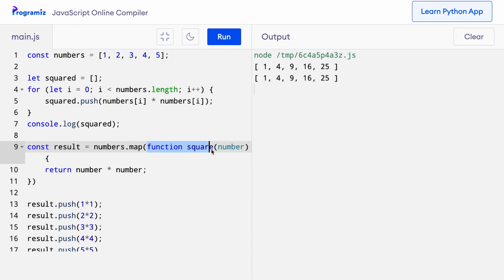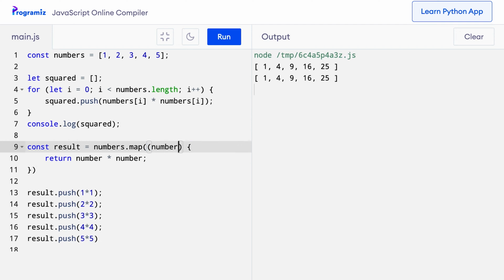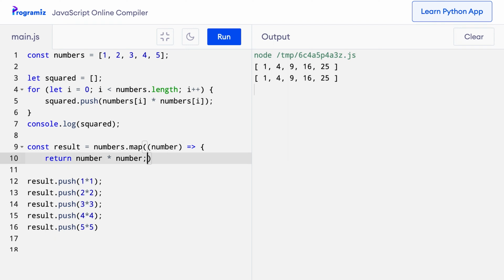So first of all, let me first turn this into an arrow function. So you will see this variation in many places as well. Always remember that this is just an arrow function and a different representation of a function and nothing more. In fact, you'll also see another representation a lot. Since there is only one line in my function, I don't need the braces and I can just say number arrow number times number. You will see another variation where even these parentheses are removed,